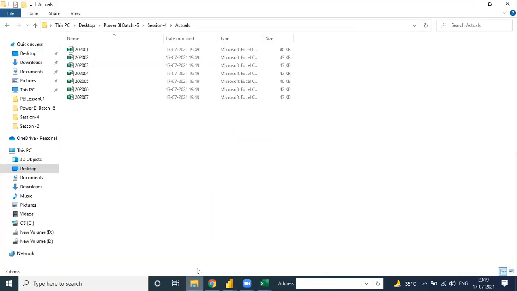Listen, suppose there is actual data with 7 files and all are in CSV. You can directly load and merge. But if one file is in Excel, you can directly upload and merge it as well. No need to worry about that. The files in CSV will directly get converted, because the format is the same.